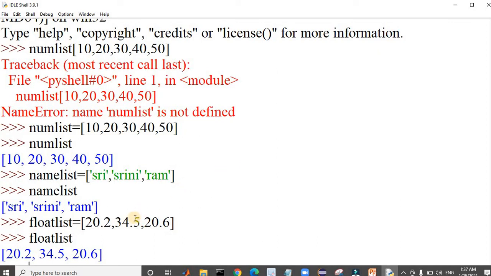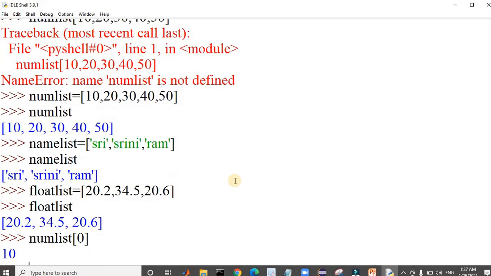Now we will try how this works. We would like to print a specific value from the list, say from numList. We can do that based on the index. We can type numList of 0, which gives 10, that is, the first element is printed.